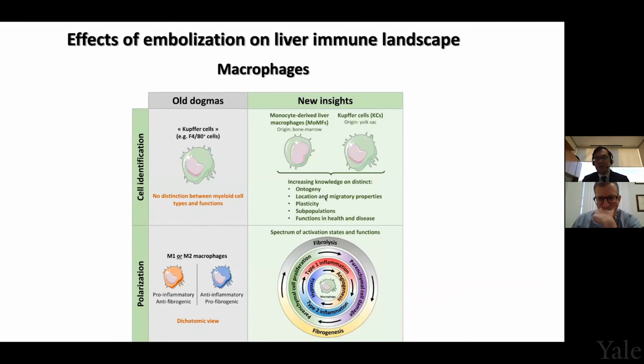Before, when we studied macrophages in the liver, we just treated them as an entity. But now we realize that the resident macrophages in the liver, the Kupffer cells, are completely different than the macrophages that are derived from the bone marrow and get attracted into the tumor microenvironment. They're different in mostly here. What we want to think about is plasticity.